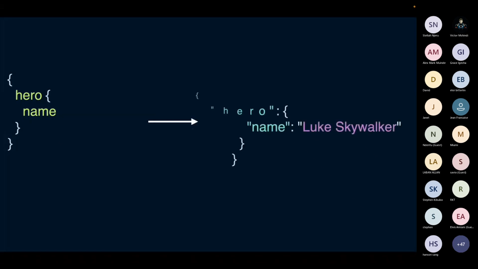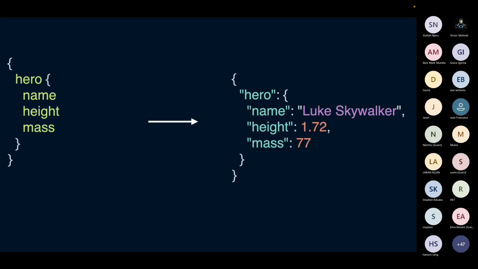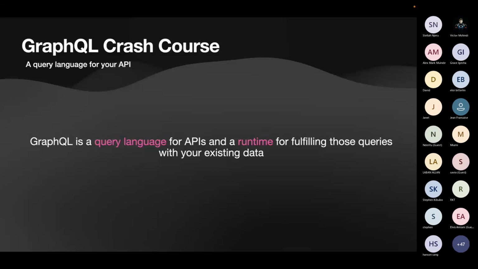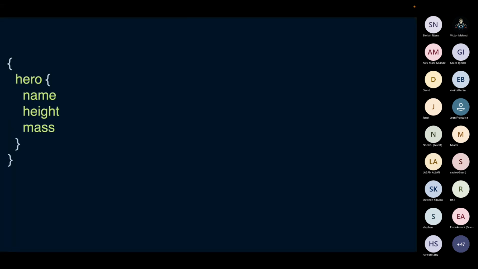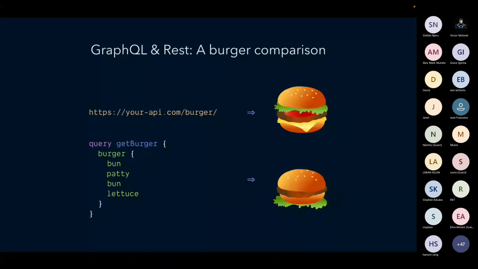Another thing with GraphQL is that you only get what you ask for. Here we asked for the name, the height, and the mass, and that's what we got. But here you can say I just want the name of the hero, and that's what you'll get. I remember seeing tweets by someone way back, which got a lot of attention and discussion going. But it helps in some way if you think about it.